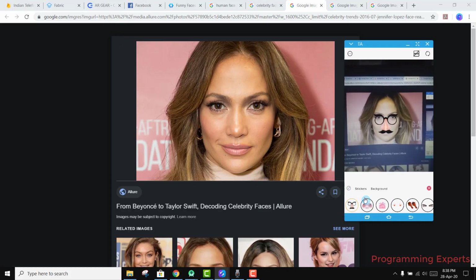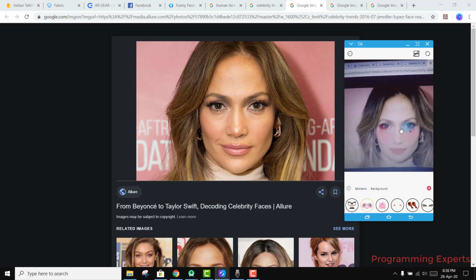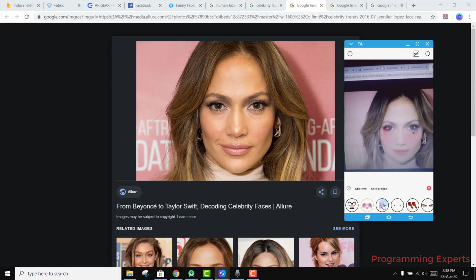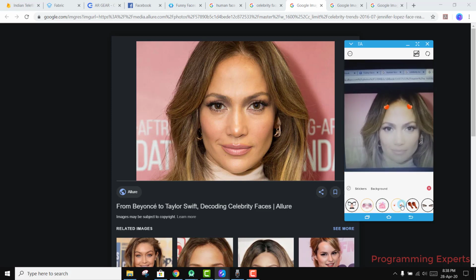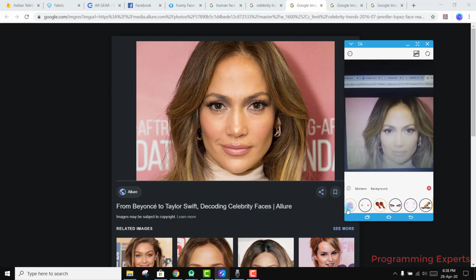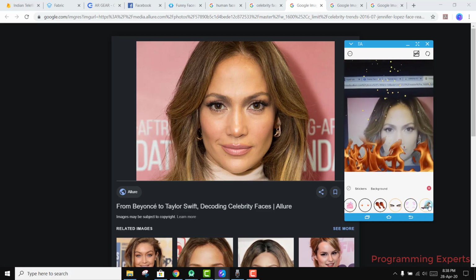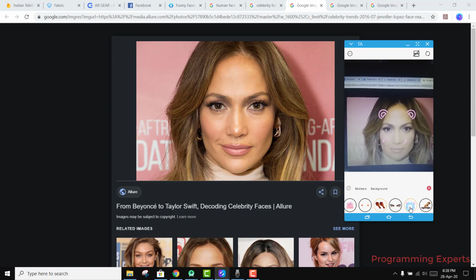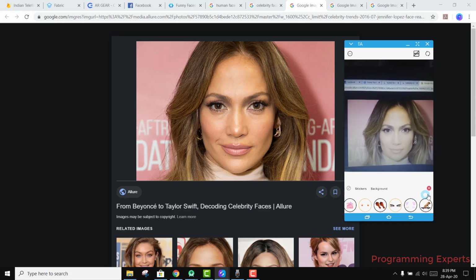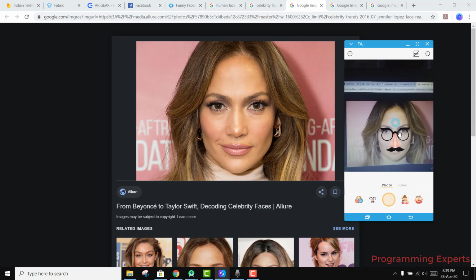Okay, and we can have the stickers here. We have some other stickers, like this one is for the eyes, and there are a lot of other stickers which you can apply, and these are basically animations. So yes, and this one is for the dog, so you can see the dog is passing by. This one is for this one, and okay, so let me just have this and press close, and we can